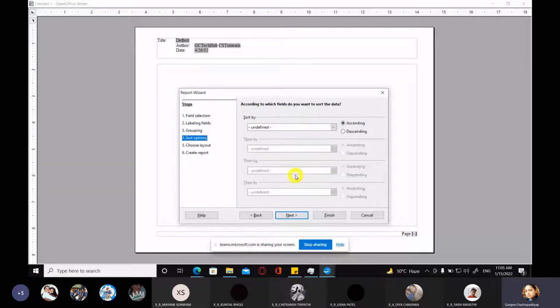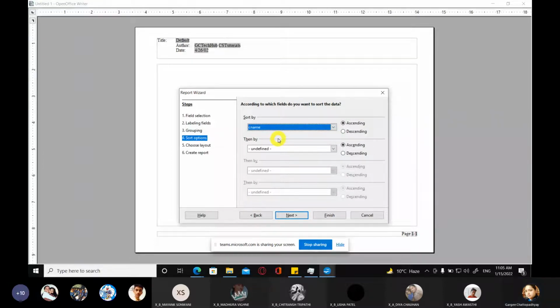We are not adding any grouping levels, but we are going to add some sort order. Normally you can provide a sort order up to 4 fields. But when you apply a sorting order up to 4 fields, the total effect of sorting is gone. When you check the output, you are not able to figure out how sorting has been done. So it should not be done on more than 2 fields. Here I am only going to consider one field, that is customer name, sorting according to